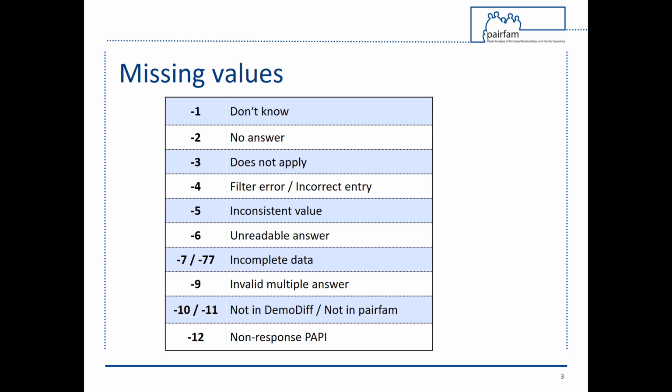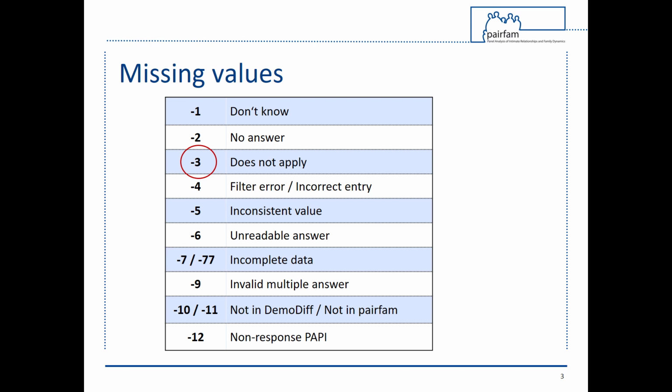Why are there so many different missing values? The missing values -1, don't know, and -2, no answer, were assigned if the respondent could not or did not want to answer a question. These codes are the only missing values documented in the questionnaire. The value -3, does not apply, was assigned if a respondent had not been posed the corresponding question, meaning the